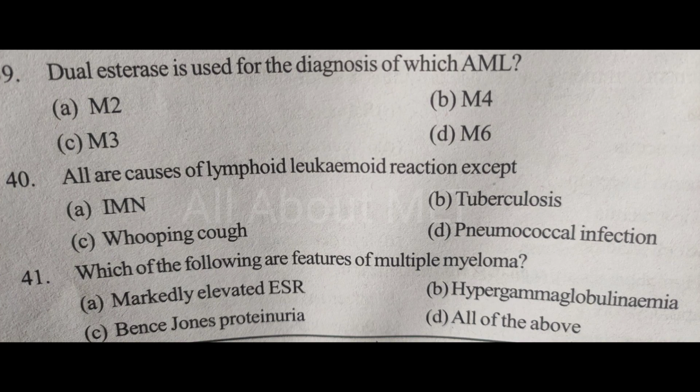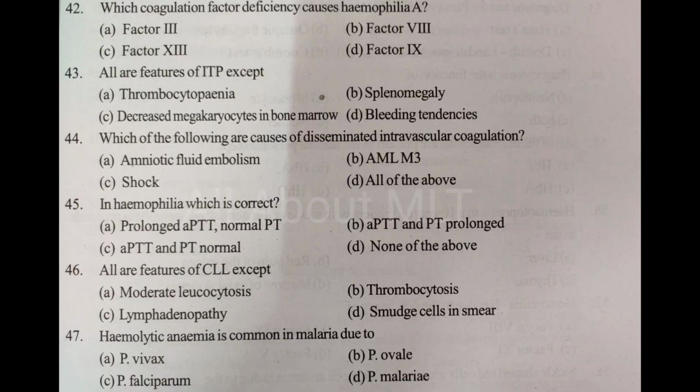Which of the following are features of multiple myeloma? Option A markedly elevated ESR, option B hypergammaglobulinemia, option C Bence-Jones proteinuria, option D all of the above, and the answer is option D all of the above. Which coagulation factor deficiency causes hemophilia A? Option A factor 3, option B factor 8, option C factor 13, option D factor 9, and the answer is